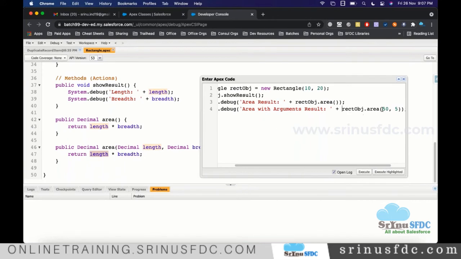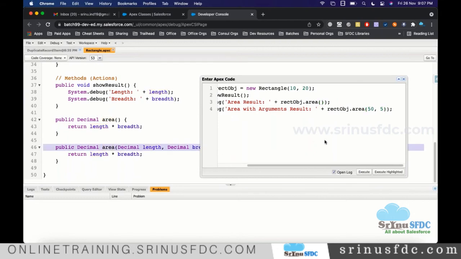So here there is flexibility. Whatever you want at the time of calling the method, we can supply that. It takes that, does the calculation and gives the result. Here we'll be seeing 250, and here we'll be seeing 200. So we are calling the same method, but here there are no arguments and here we are supplying two arguments.